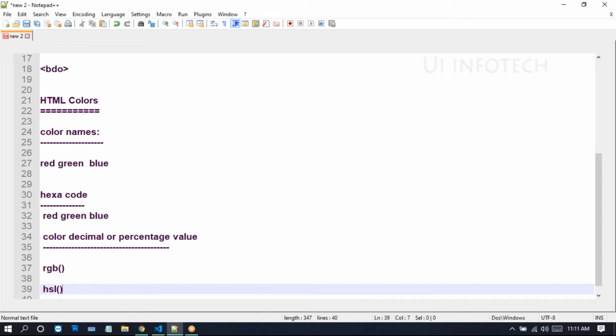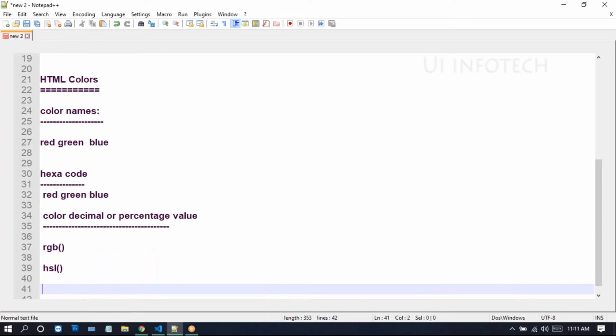The predefined colors will be RGB, HSL, RGBA, and HSLA.